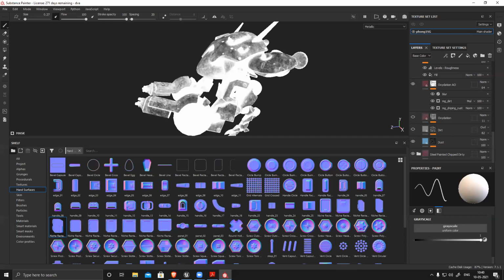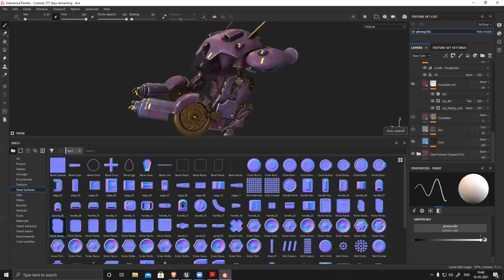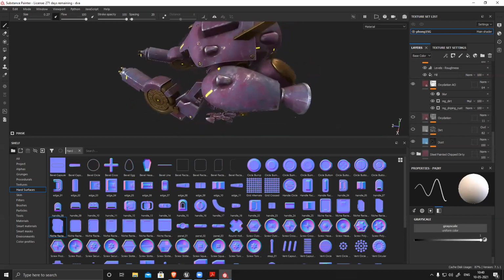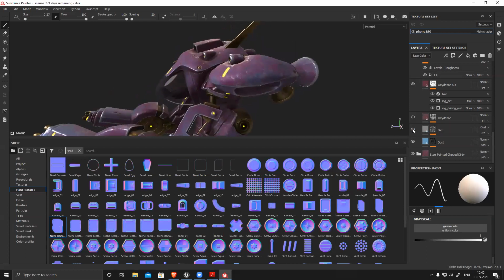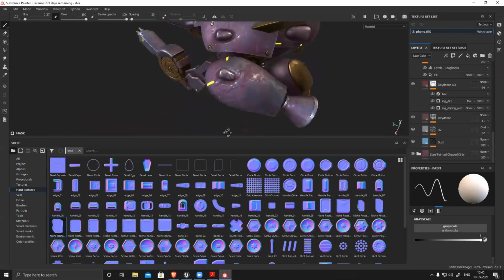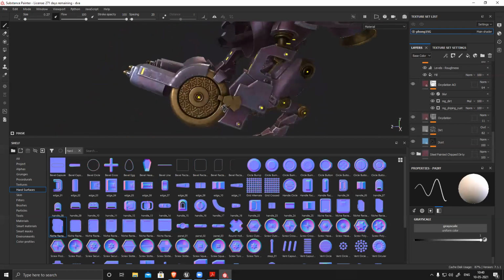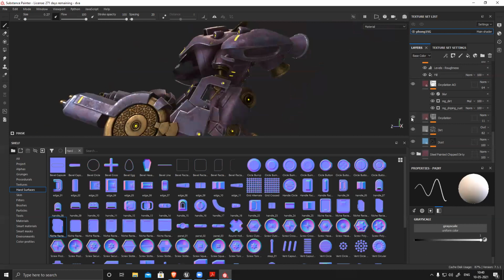If I switch them off, technically it's closer to the actual physical property, but I can see they make it a little less glossy. It looks much better.